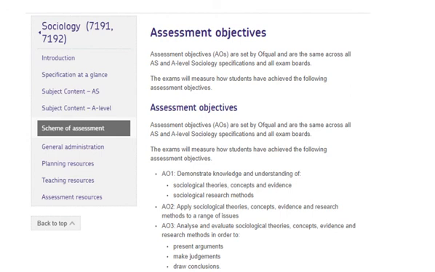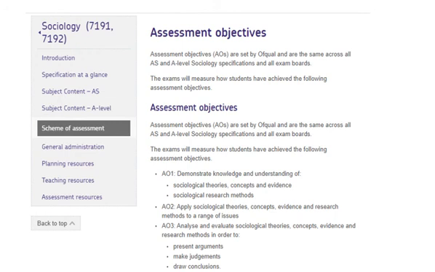If you have a look here, and I picked sociology again because it only has 3, literature has 5, A-level English language has 5, so this one's much more condensed. You've got AO1, which is demonstrating the knowledge and understanding of sociological theories and research methods. AO2 is application, and AO3 is analysis and evaluation. So they're nice and short, they're nice and brief, but often people struggle to understand what the language in those